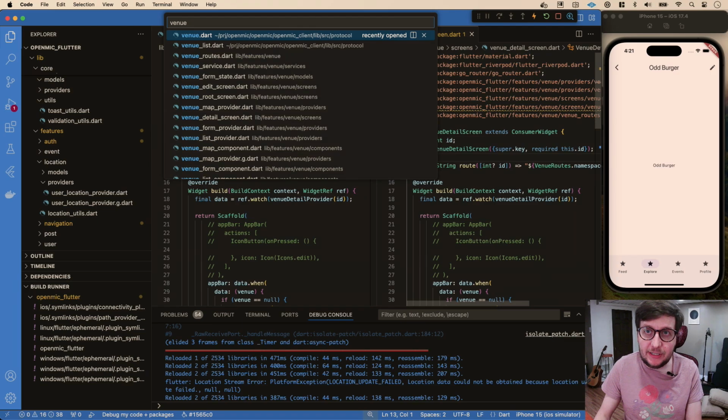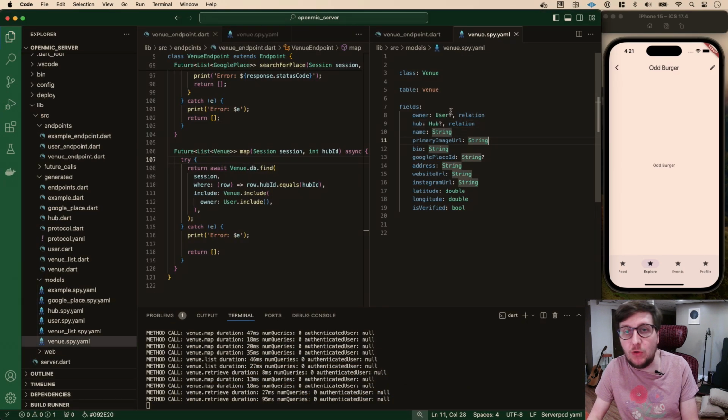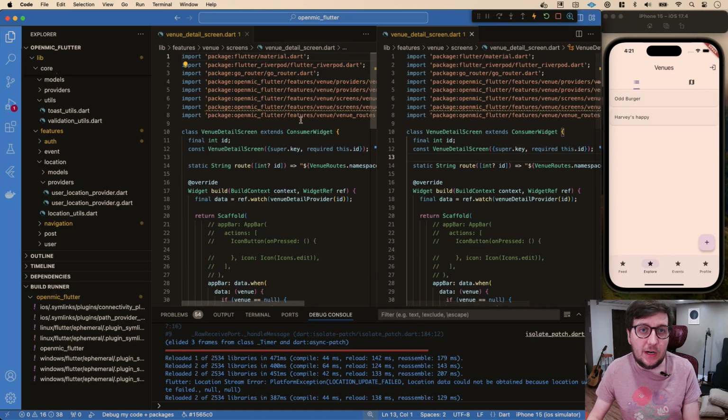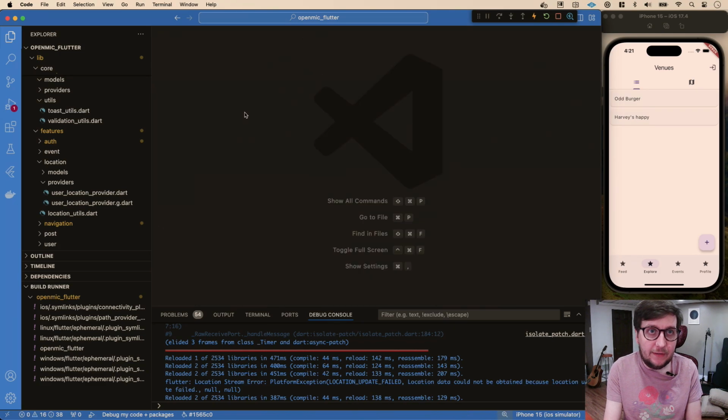Let's go to the server side actually and look at our venue. So we have an owner, cool. We have a hub, we have a name, we have a primary image URL. Let's actually look at the cards. Let's start with that actually. So our venue, we should have, oops,